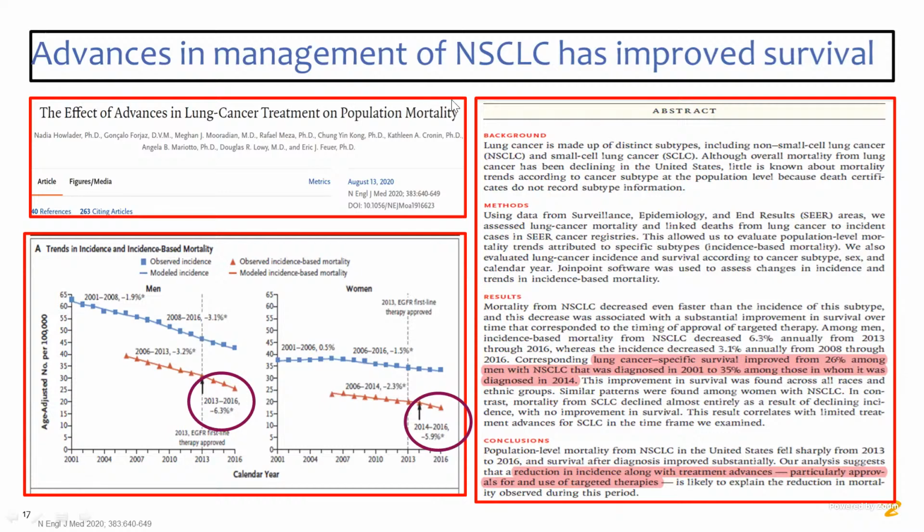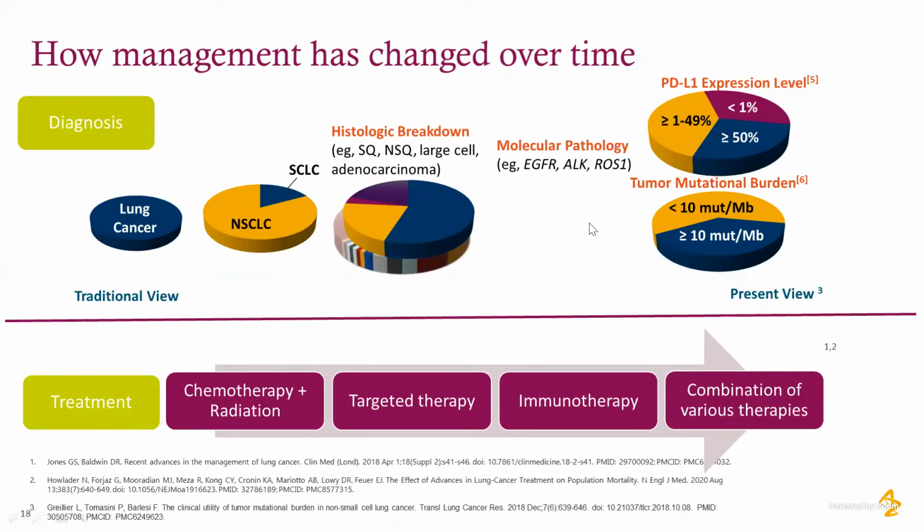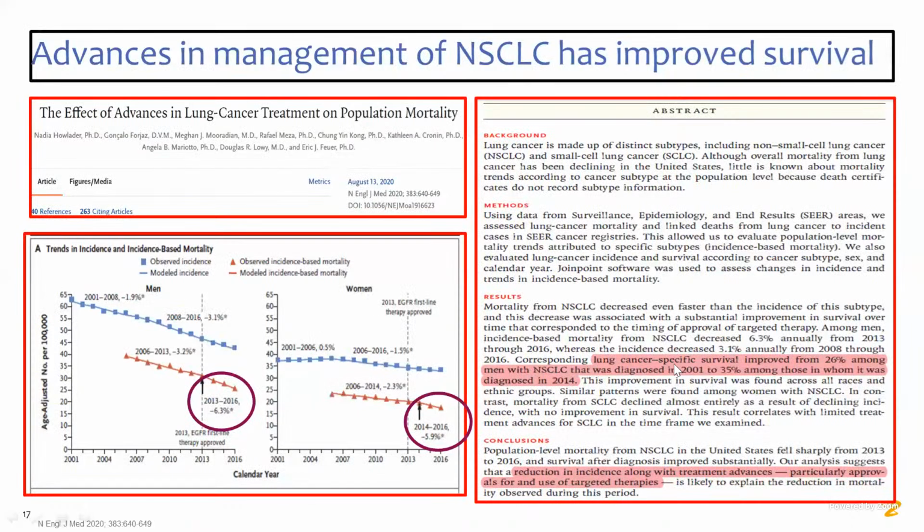These are the advances in management. This is a paper which came out in the New England Journal of Medicine in August 2020, in which they have shown that advances in management of non-small cell lung carcinoma have improved survival. Their results showed that lung cancer-specific survival improved from 26% among men with non-small cell lung cancer diagnosed in 2001, compared to 35% among those who were diagnosed in